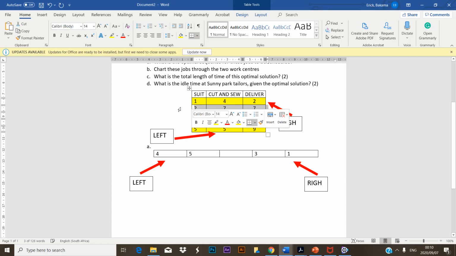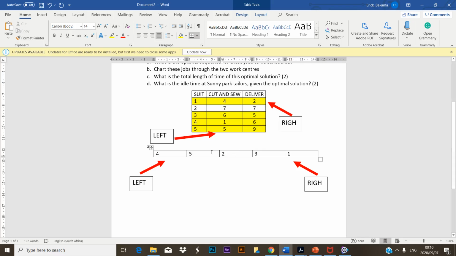Likewise, here we have a 2 that is falling, and the only cell that is remaining is cell number 2. It's the middle one here where we can just put 2. So this is our sequencing. Our sequencing means that we will start with suit number 4, then suit number 5 or number 3, then we will end with